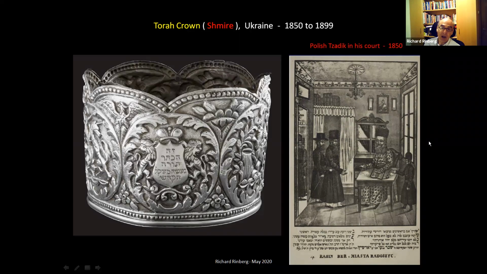Maybe you want to have a child. Maybe you want success with your parnasah, with your business, whatever. And so you've given the Pidyan HaNefesh, you've given the donation, you've given the kvittel, the supplication note. You'll also give the Rebbe a silver coin. And he's going to hold that coin, which is very important. The Rebbe has now held the coin and perhaps even given it a blessing, and he'll then give you the coin back. This is now your talisman, if you want.